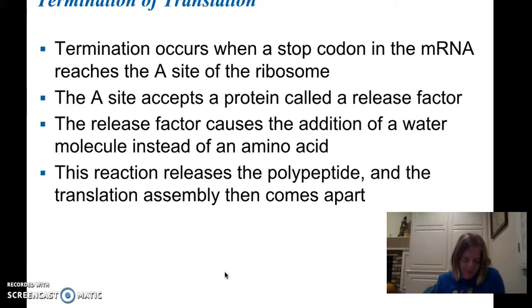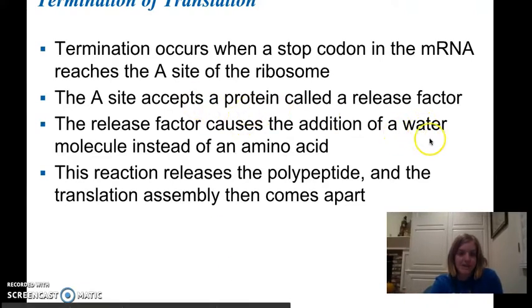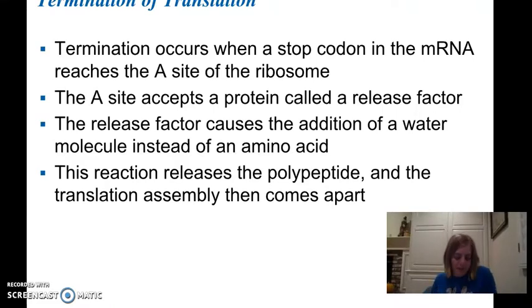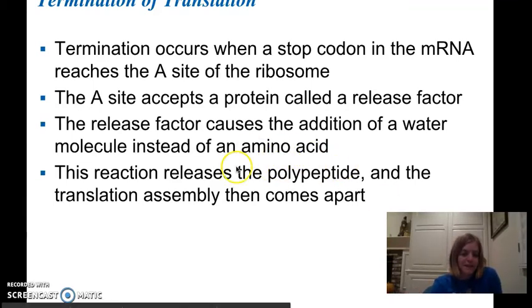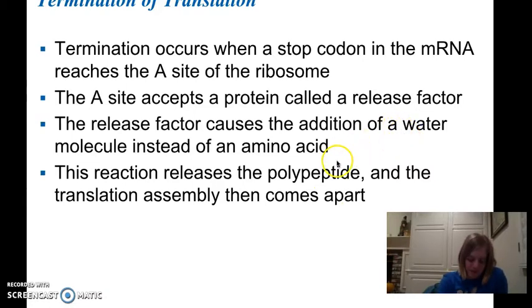So at that point, the stop codon is either UAG, UAA, or UGA, and that signals the arrival of a protein known as a release factor. So in this case, once the release factor is bound to the mRNA, hydrolysis occurs. And if you remember, hydrolysis is the addition of a water molecule that can break a bond. And so instead of adding an amino acid, this adds water, and the adding of water breaks the bond between the polypeptide and the tRNA, allowing it to be released,